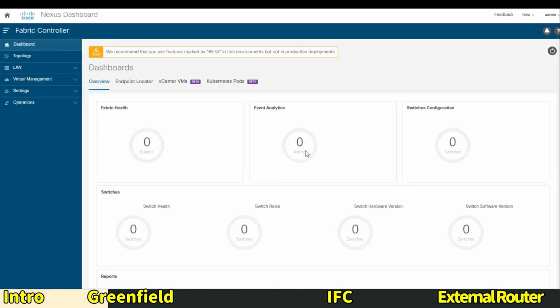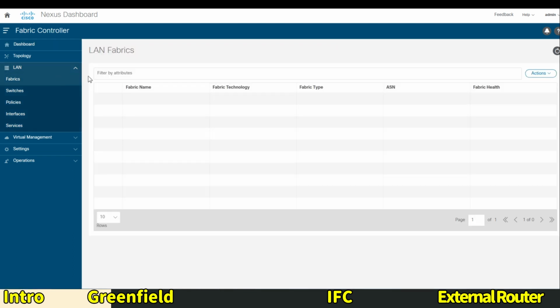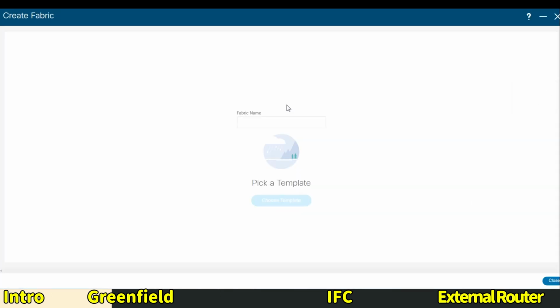The dashboard has installed a service, a fabric controller. We'll navigate to the fabric controller and open it up, and we're going to go to LAN and Fabric. We'll first create a new fabric. The fabric name we're going to say VXLAN EVPN